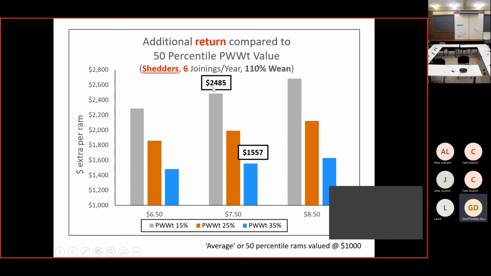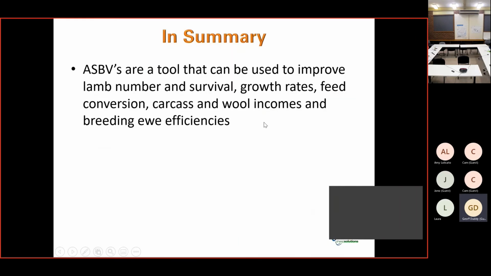You can look at paying an extra $2.5 grand more than an average ram if he's worth $1,000. So don't be scared to spend dollars on good genetics because it does pay. Okay, just to summarise,